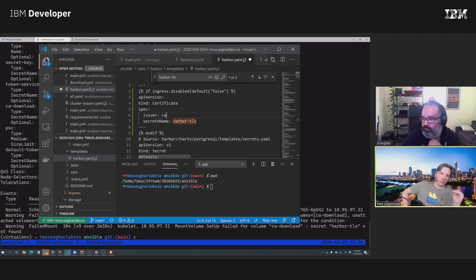So that way, if ingress is disabled, it'll still create a certificate that it can use for its internal communication. And that should sort that out.